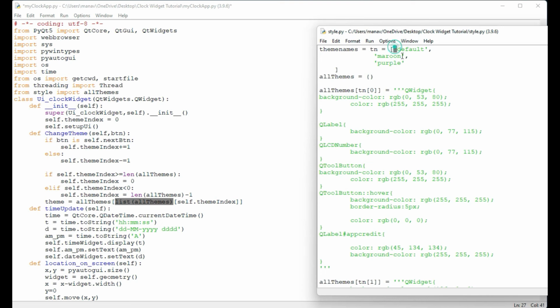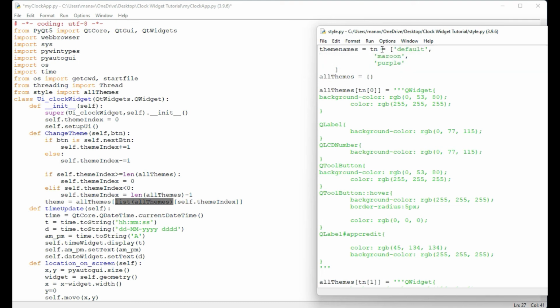So here only keys are now saved, and it is saying that let's get the key which is at this index. Okay, so if theme index is 0, that means it will extract what is under the 0 index under these theme names, but not all the themes.